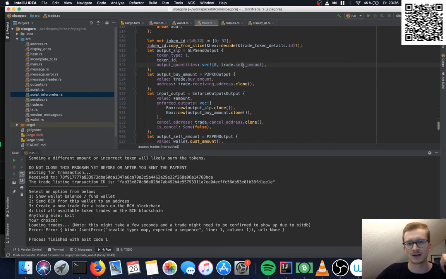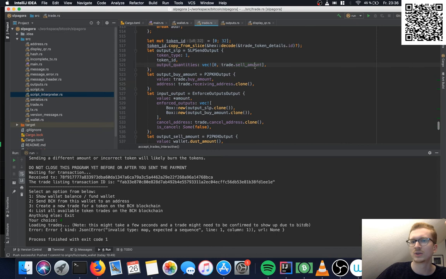And the second one is the sell amount. So the full amount we've put into the smart contract will be sent into the second output, counting from 0, since the first output obviously will be the SLP output. The second output fed into the smart contract, counting from 1, is that we actually receive the money.